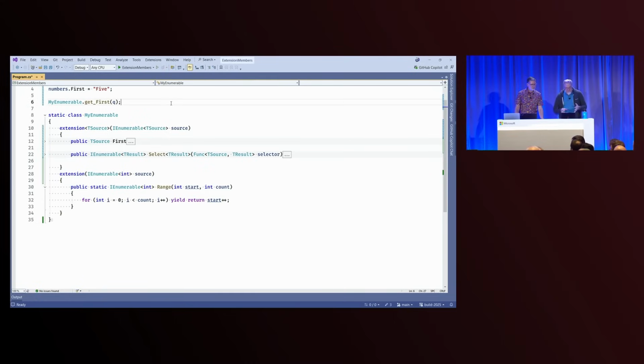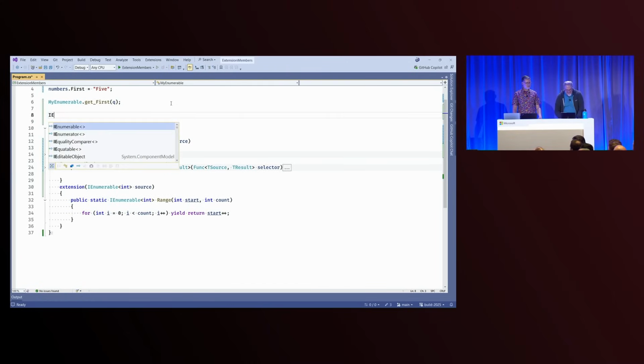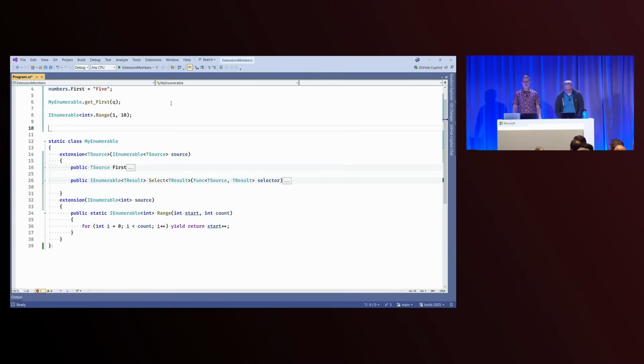And so all I've done is put a static method in here now, inside an extension block. It's not a receiver parameter, it's, what are we calling it, a receiver type. Yeah, maybe, but it's the type that you'll be able to come over here and say dot Range. So when you press dot on IEnumerable of T, it now shows up because it's a static extension method. Absolutely. We can foreach over that.